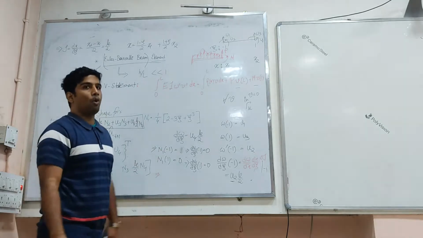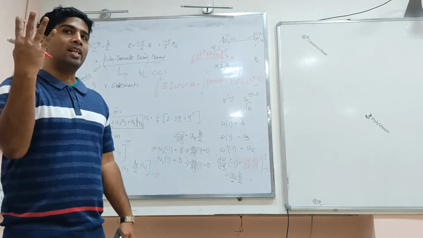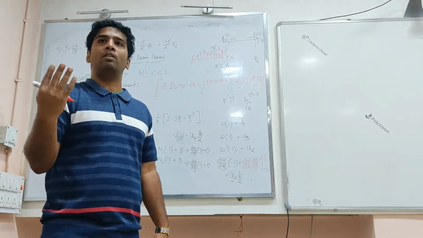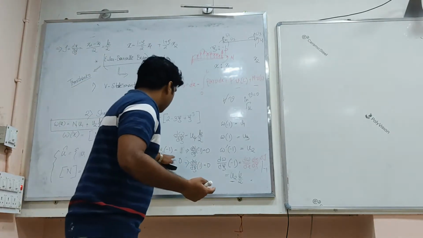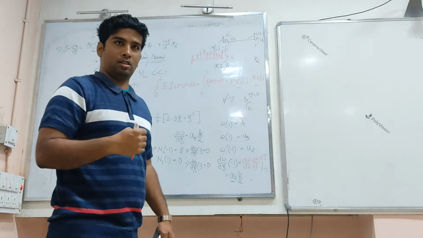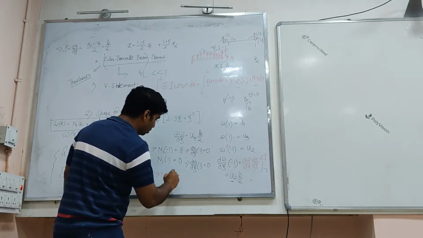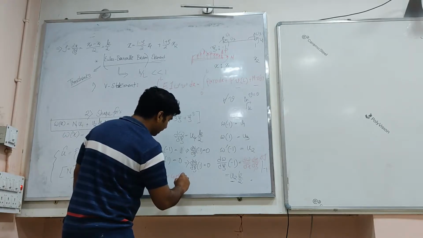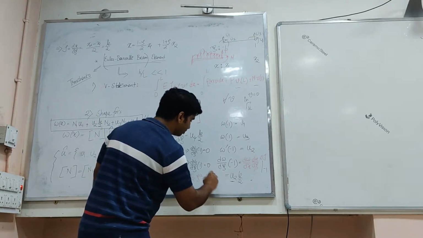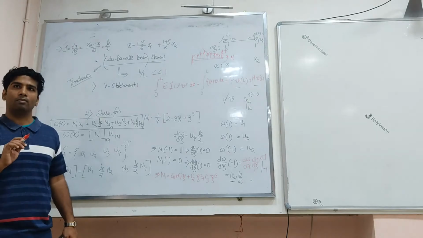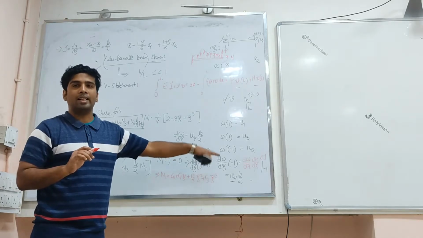So N1, as we said, is a polynomial in Xi, and a polynomial which has to satisfy four conditions. What is the simplest polynomial you can think of? It has to be cubic, because these four boundary conditions would lead to four coefficients. So N1 is some C0 plus C1 Xi plus C2 Xi squared plus C3 Xi cubed. Now satisfy these boundary conditions and get the expression for N1.